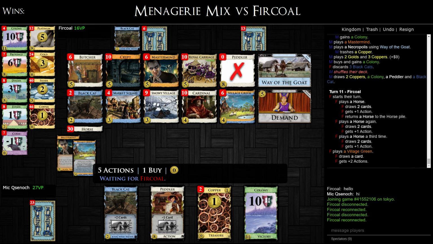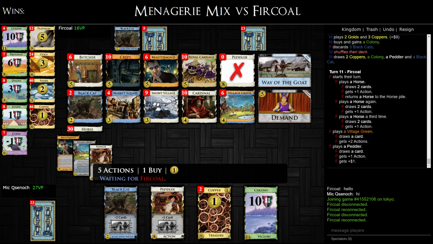But maybe the pile out on the blue cards. Not sure. My turn is going to be... I mean, my turn could just be straight up complete garbage. Easily. I don't even know if I ought to react with the black cat. I mean, I'm going to, but